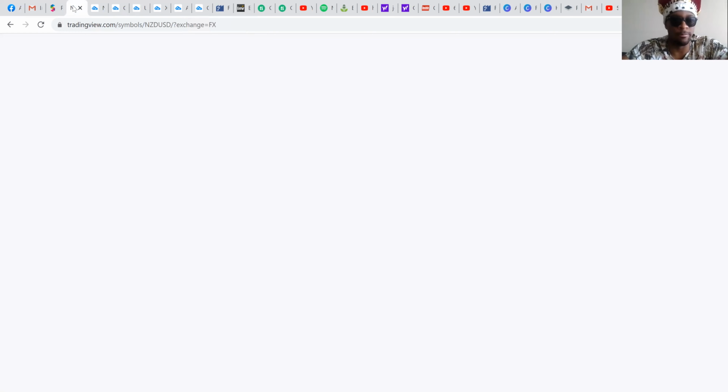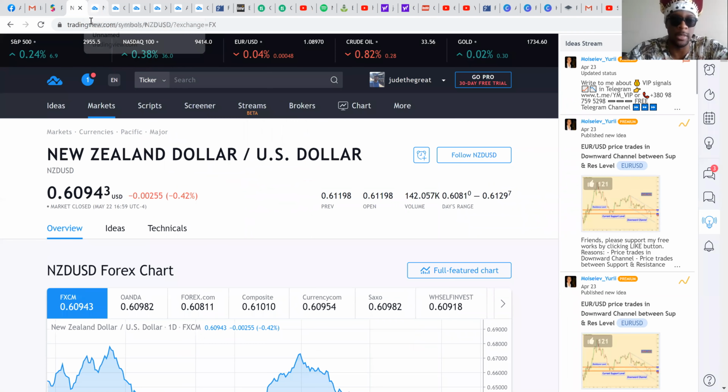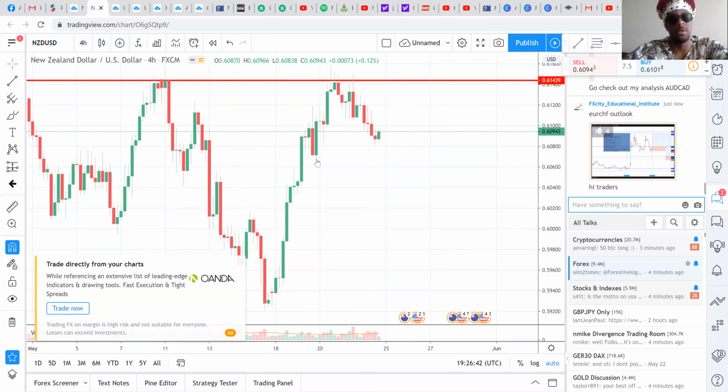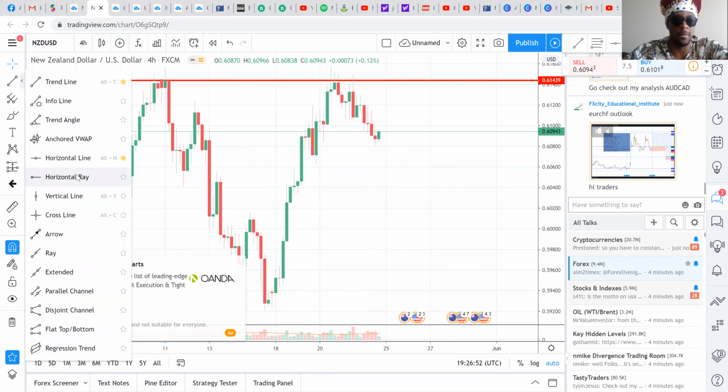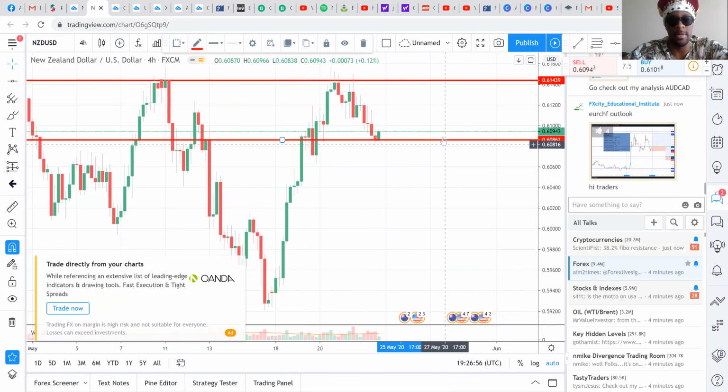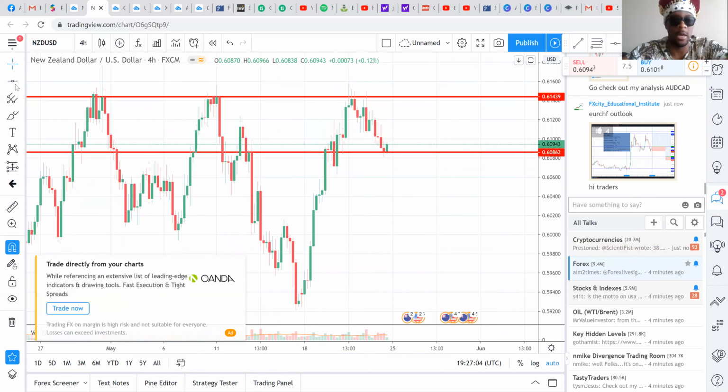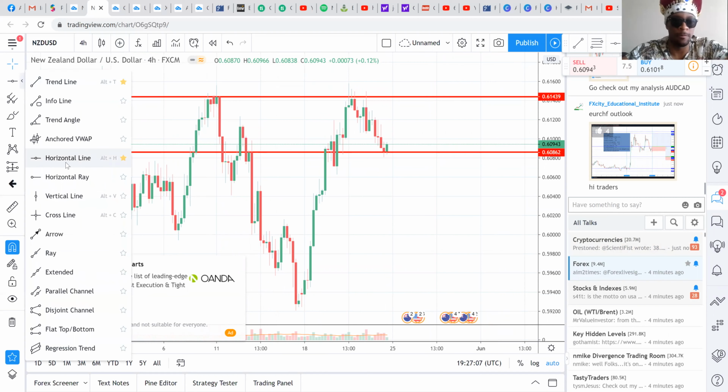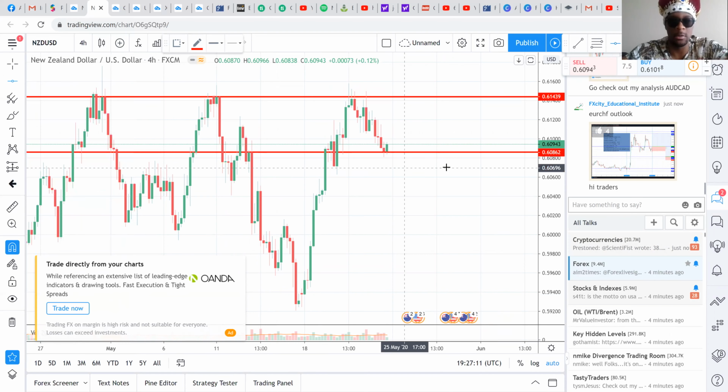Oh man, so New Zealand dollar, USD dollar. Let's look at the chart for it. So let's look at the forward chart. So what did I see for this week? Let me draw some lines real quick to help me get an idea. So right now the market ended kind of like this. So I see the market having a couple of options for the week. Knowing that tomorrow is a bank holiday, I see